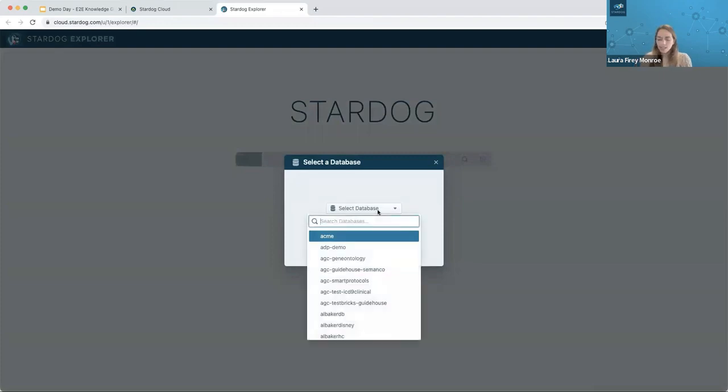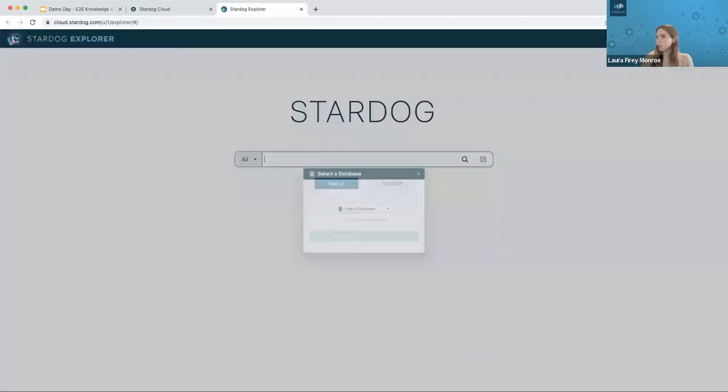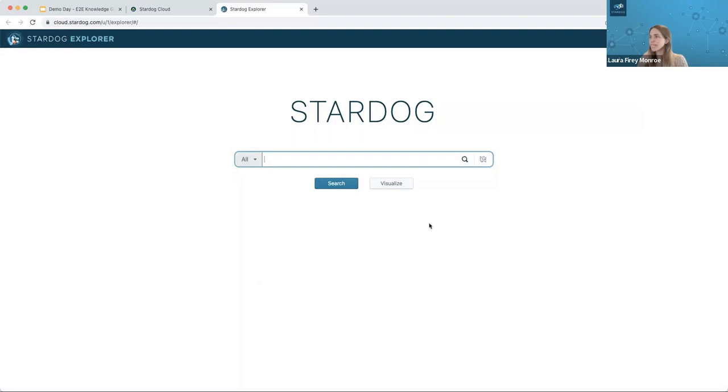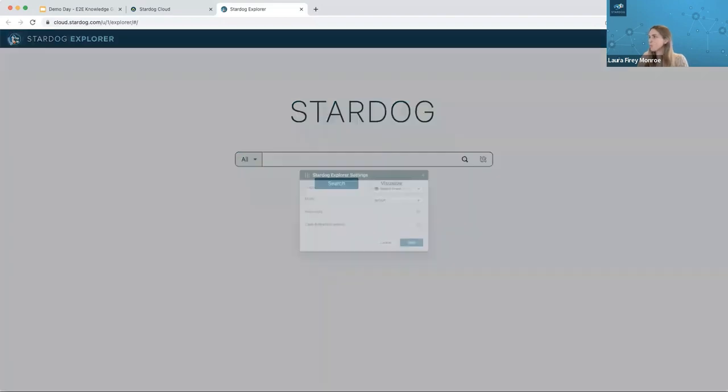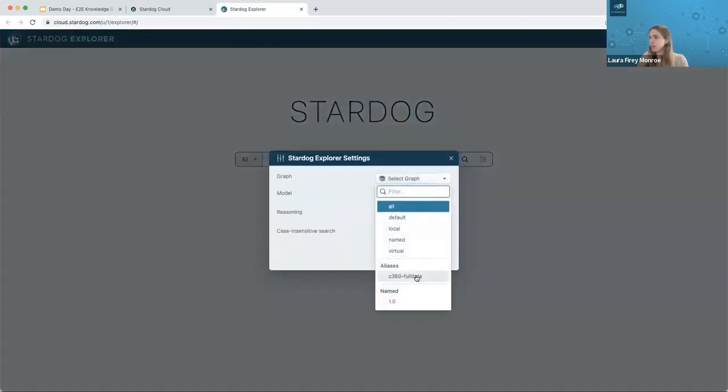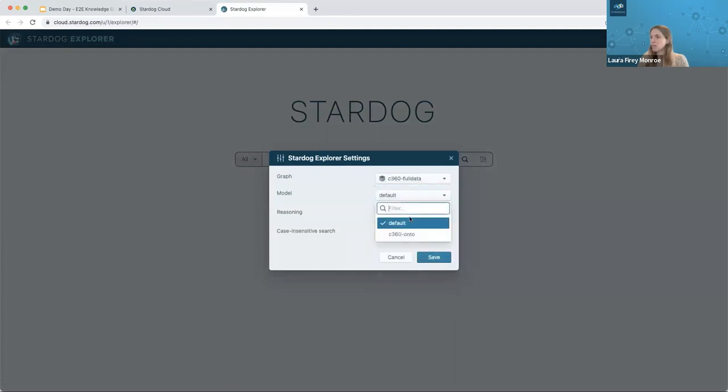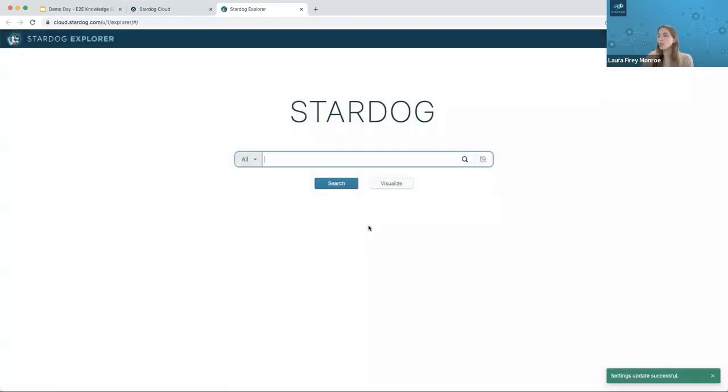And as an analyst, we're just going to bring up our database, and we'll just make sure to set our graph and model to the right data set. And so within here,